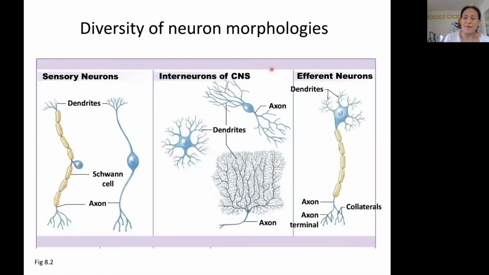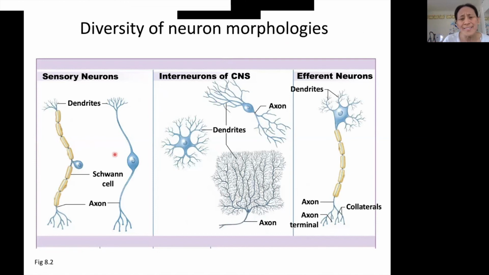That's the basic anatomy of a neuron. I like to throw this slide in just to make the point that not all neurons look like that. That's your stereotypical textbook neuron, but there's a real diversity of neuron morphologies, or shapes. This is just to illustrate that concept. So over here we have